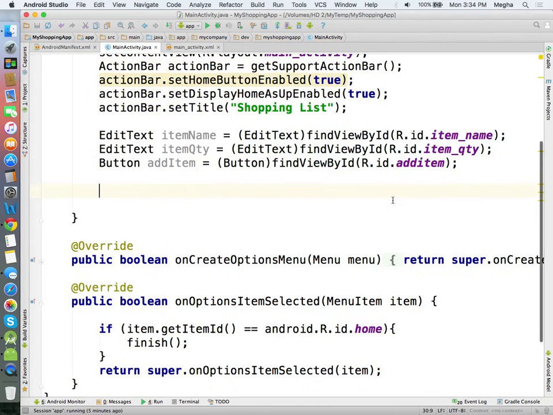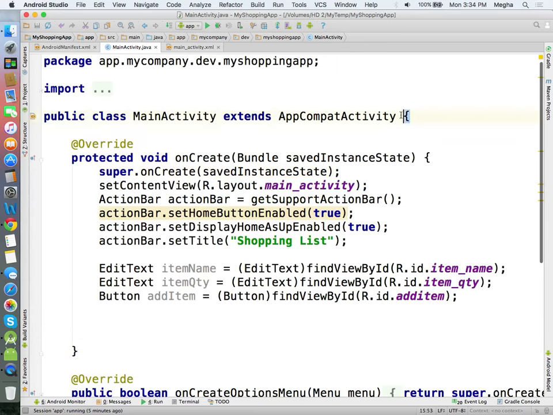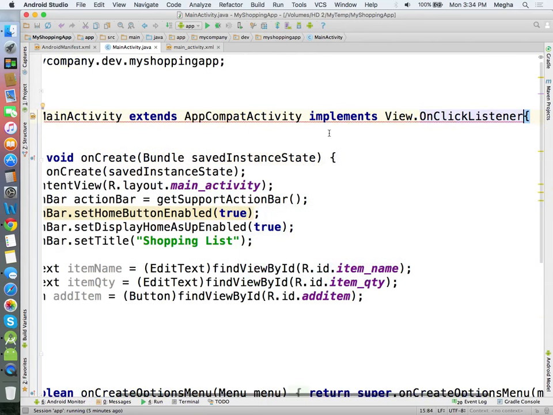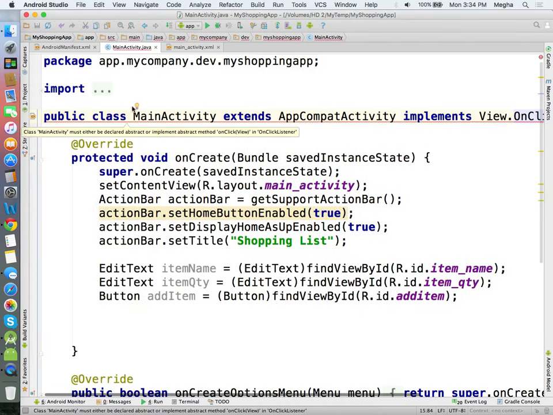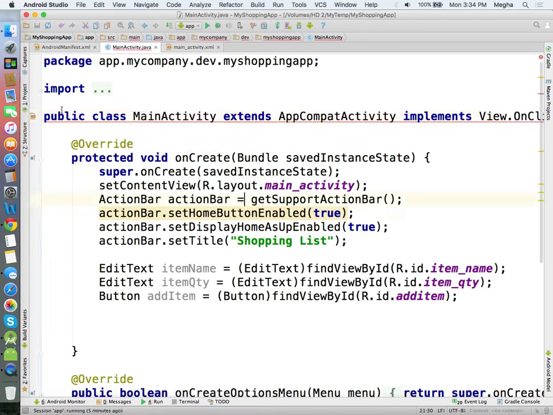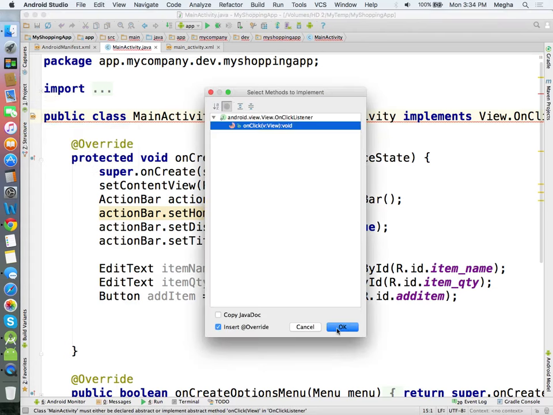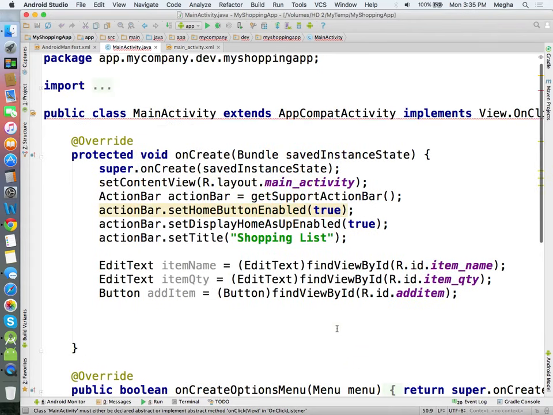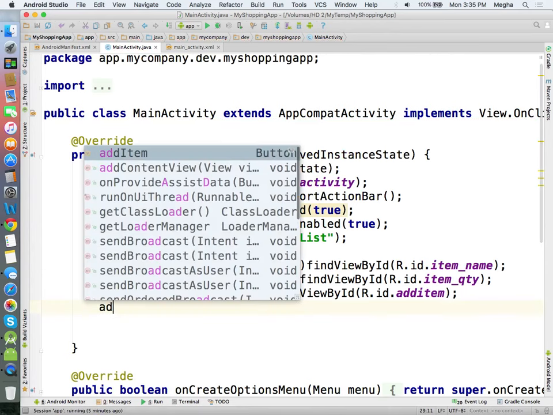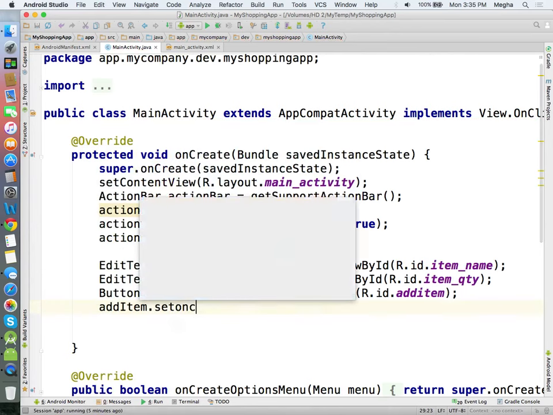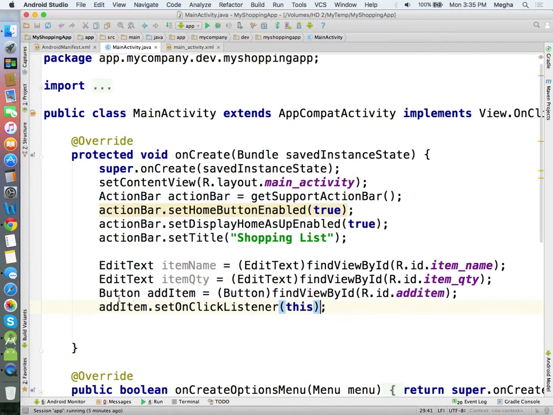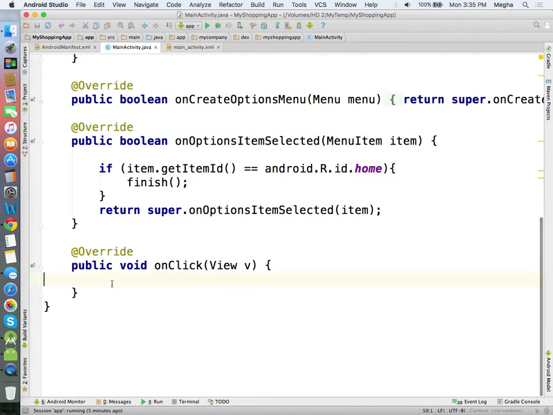So whenever the button gets clicked, we'll implement it this way, with set on click listener. So we have everything in place.